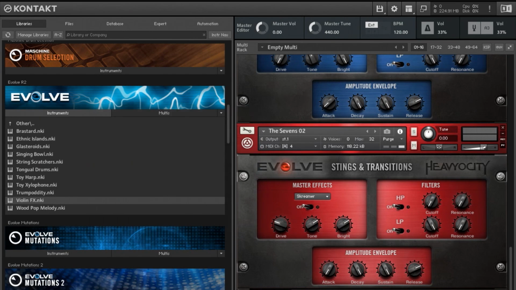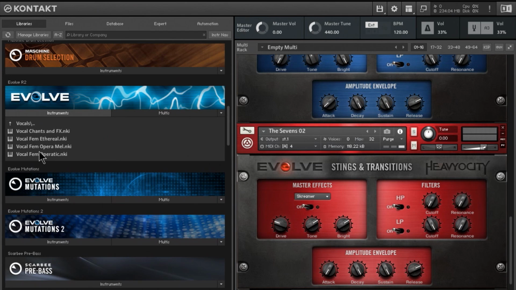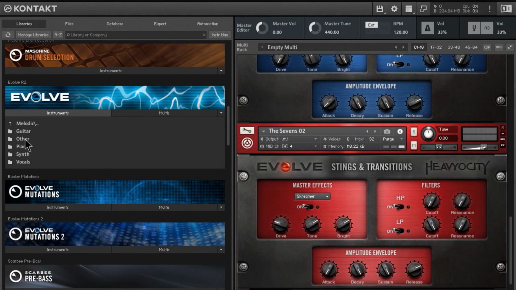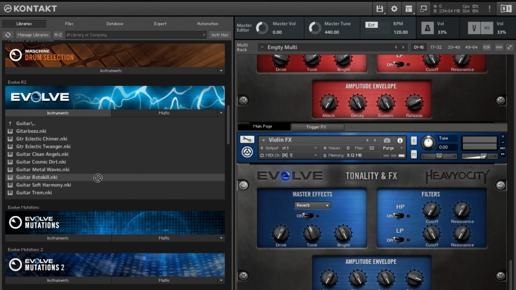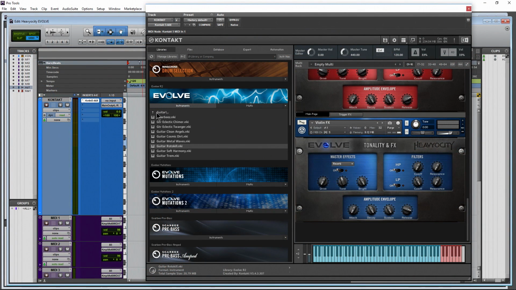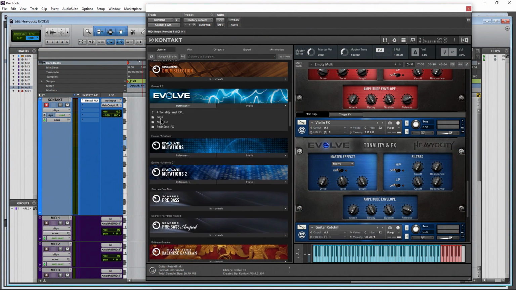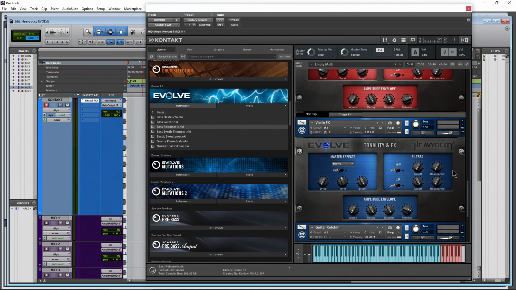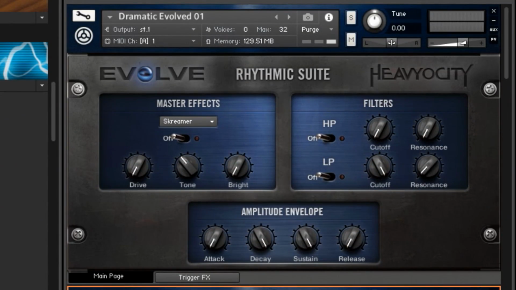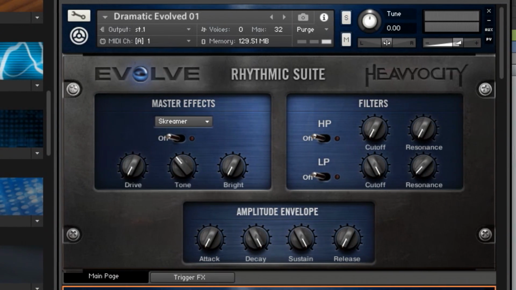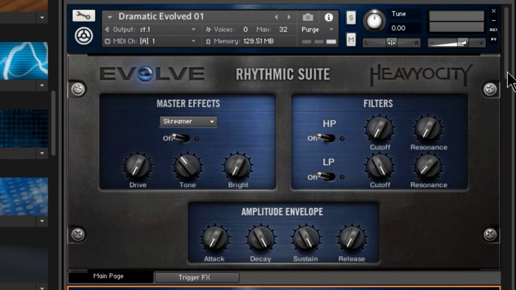Grab something else down here. Vocals. Now, let's go for guitar maybe. Throw that in here. Very good. Come back and do a bass. So now we've built our own multi. And let me close this down. Close it up. And what we can do is set all of these in here to trigger with the same